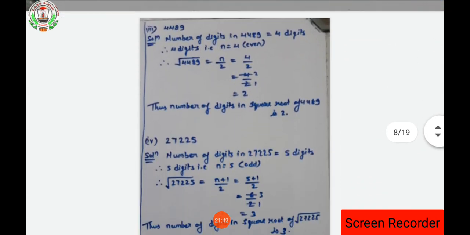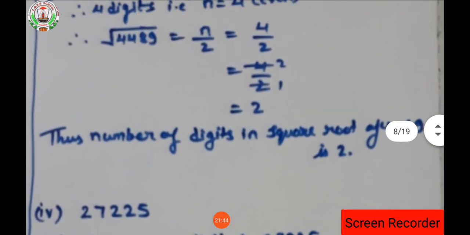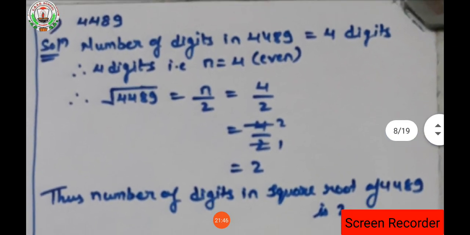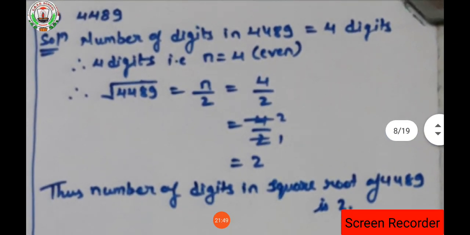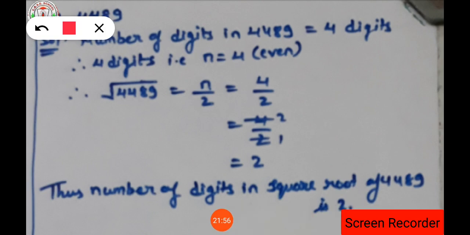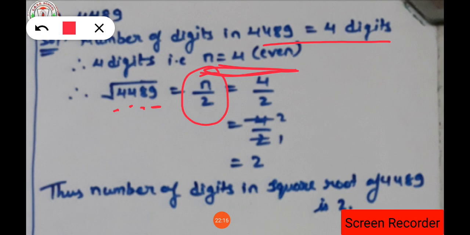Okay, now in the same way we are going to see the third part of question number 2. It is similar to question number 2's first and second part. So what are we having? How many digits are there? 1, 2, 3, 4. Here total 4 digits are there, isn't it? So 4 is an even number or odd number? It is an even number. If it is an even number, which formula are we going to put? We are going to put the n by 2 formula.